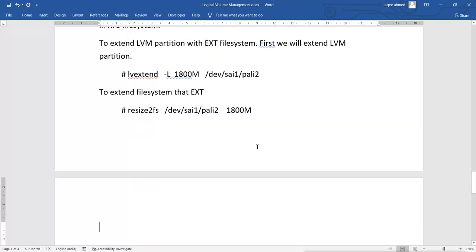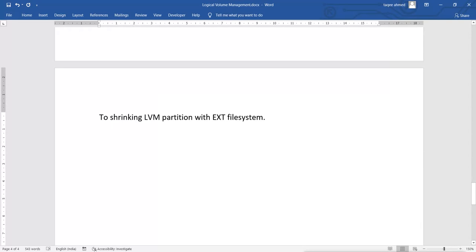Now, shrinking an LVM partition with the ext file system, which we can do, but which we cannot do in the XFS file system.